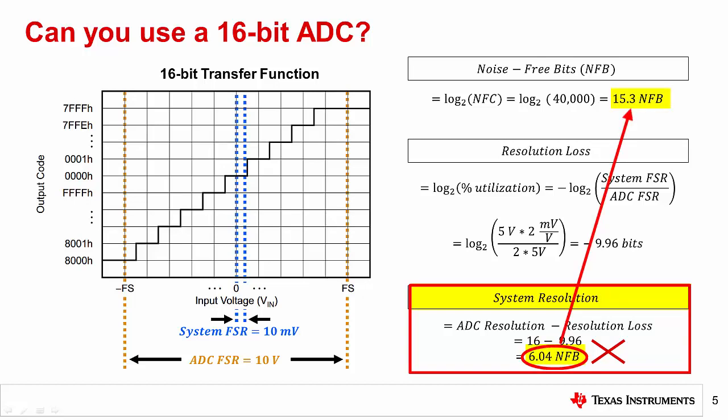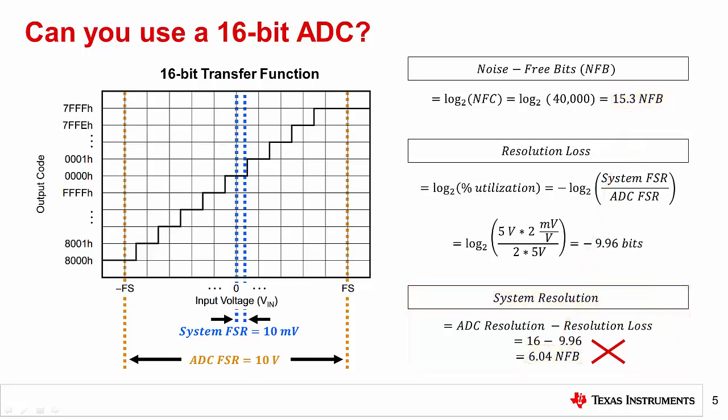In fact, even a 24-bit ADC would not be sufficient to meet the system requirements, which clearly proves that you cannot use a 16-bit ADC to measure these signals as is. Instead, you need to increase the percentage utilization by either changing the system specs or amplifying the input signal. Assuming that you have little control over the system requirements, you must gain up the input, which changes both the noise performance of the signal chain and the full-scale range of the ADC. Fortunately, you can continue this analysis without needing a detailed understanding of how amplifier noise affects your system performance.